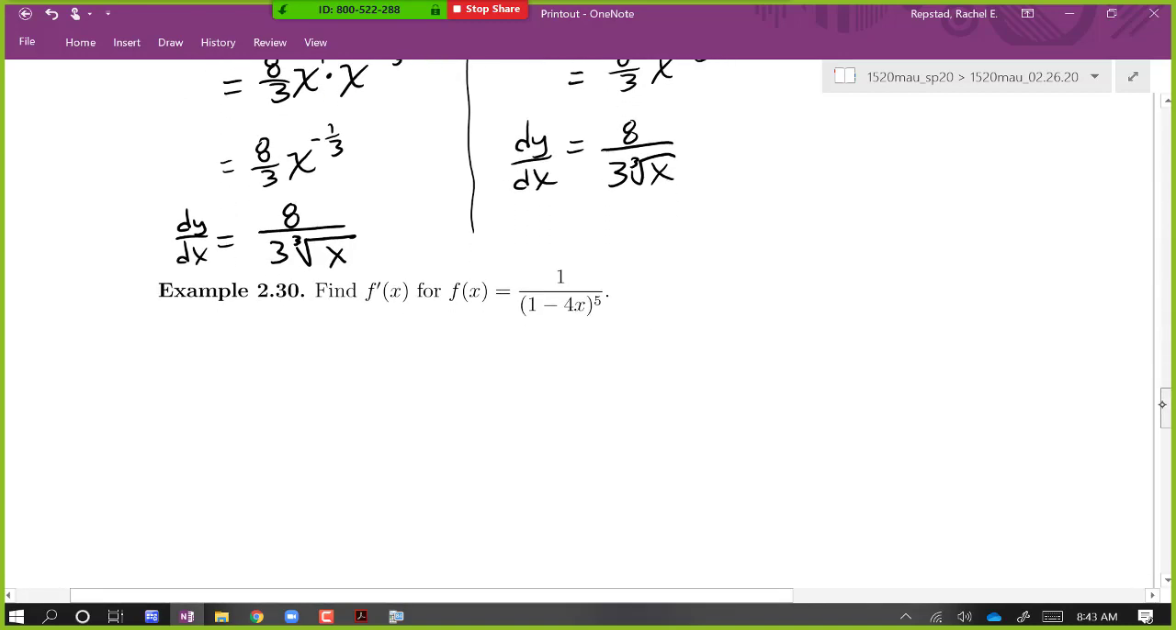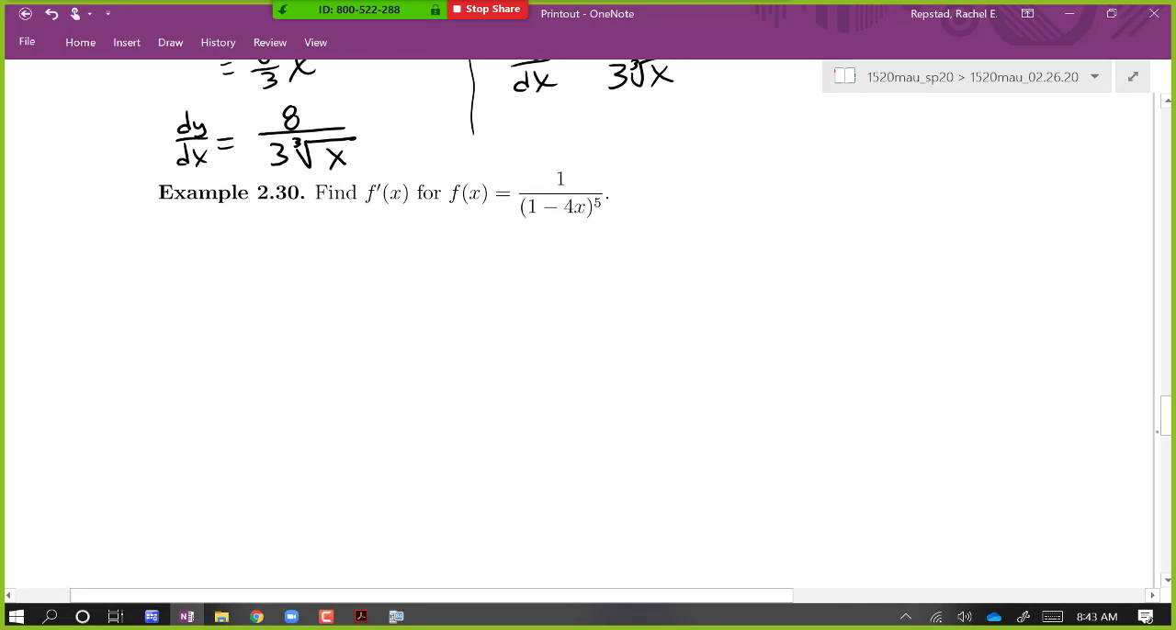So here's one where I think that this is just begging us to do some algebra to rewrite it. If we look at this, this function is a fraction. So we might think, oh, quotient rule. And the quotient rule will absolutely work just fine, where f is the constant function 1 and g is the bottom. However, if I rewrite it,